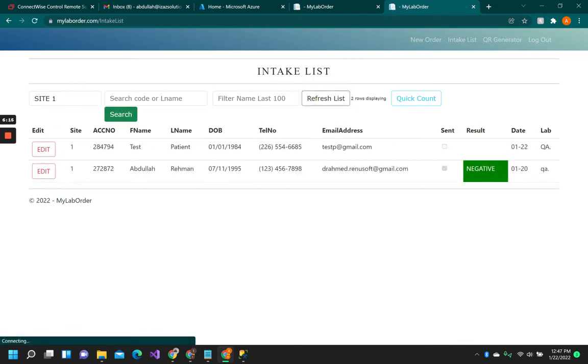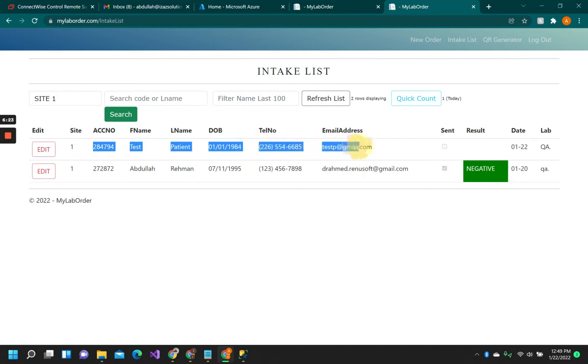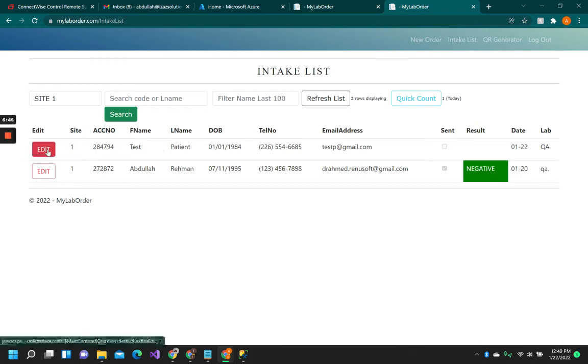Let's refresh it. Now, if this patient that we just submitted was receiving a rapid test as well as the PCR test, obviously for the PCR test the sample would be sent back to the lab to be processed. The rapid test would most likely be performed on site. It is an option for the site employees to perform that test and deliver that result to the patient. So for this patient, if we click the edit button,